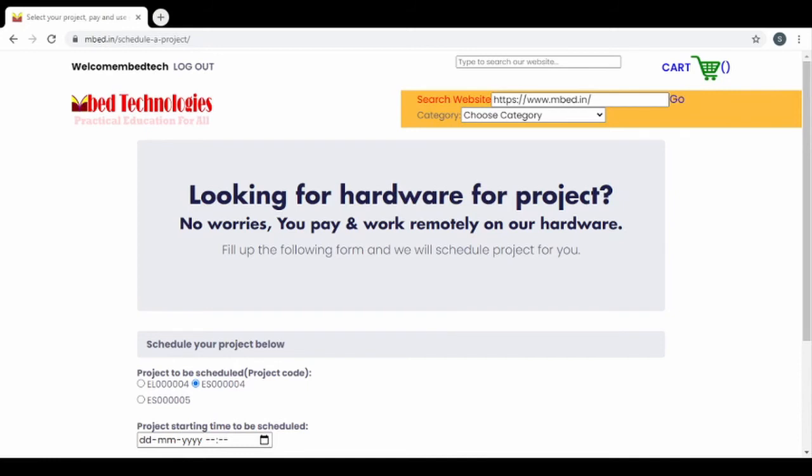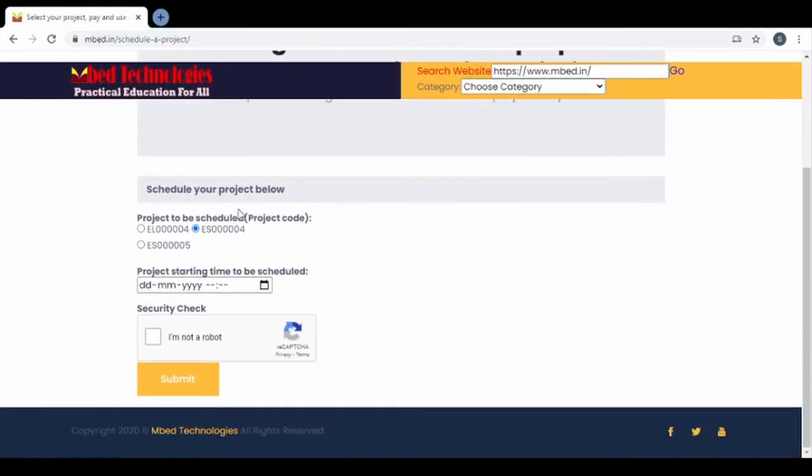If you don't have a hardware setup at your location to complete a project, you can schedule a project and we will help you by arranging the necessary hardware for the project and provide remote access to the setup. So to schedule a project, you can visit the web page www.mbed.in/schedule a project, and then here you can fill in the project that you want to schedule. Click on that option and then give the time at which you are available and you can execute the project,